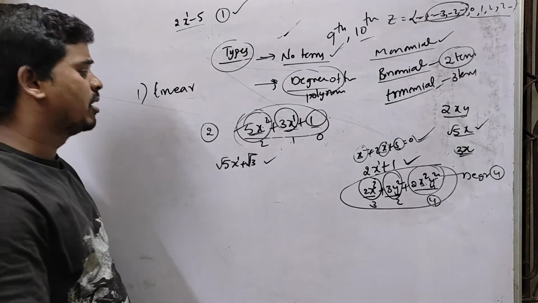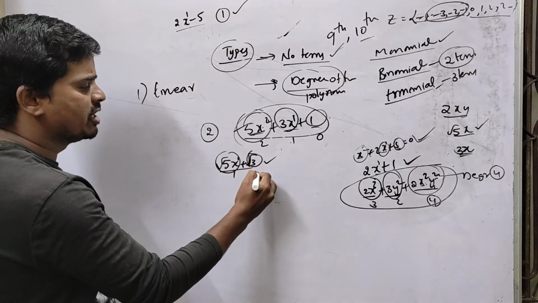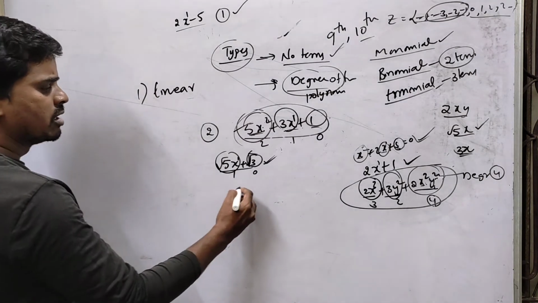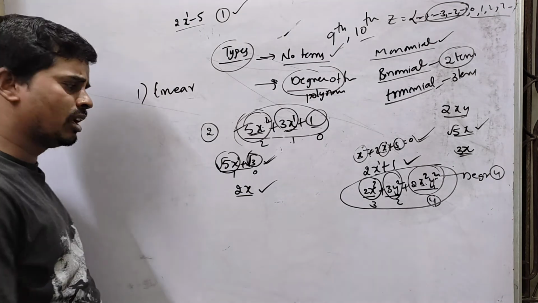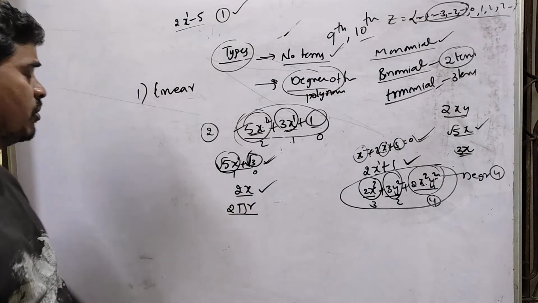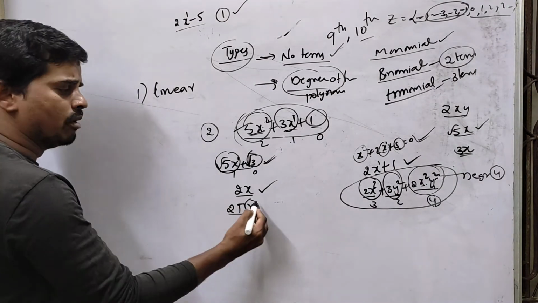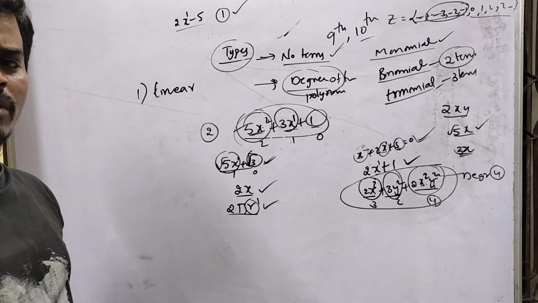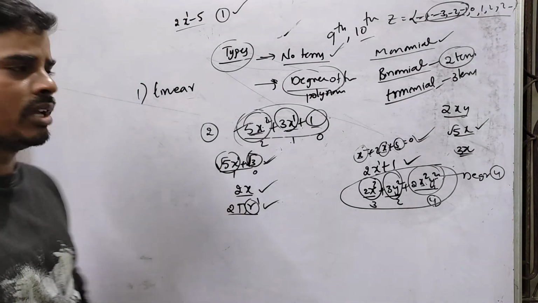So what is the degree of this polynomial? Here the term has degree 1, another has degree 0, the highest degree is 1, so it's a linear polynomial. Sometimes 2x is also linear. 2 pi r, what type is it? Here r, the radius, is the variable. So r to the power 1 means it's also a linear polynomial. Degree 1 polynomials are called linear polynomials.